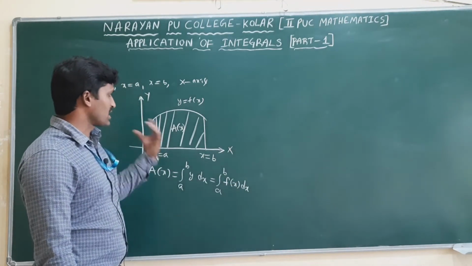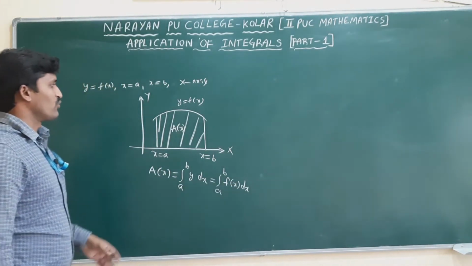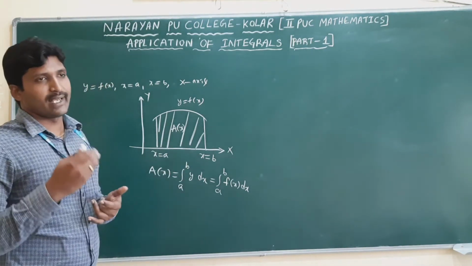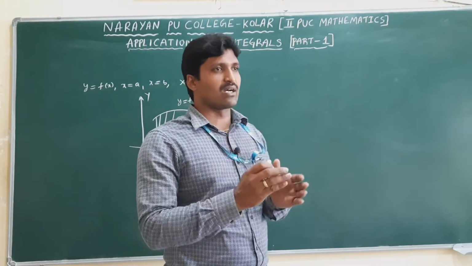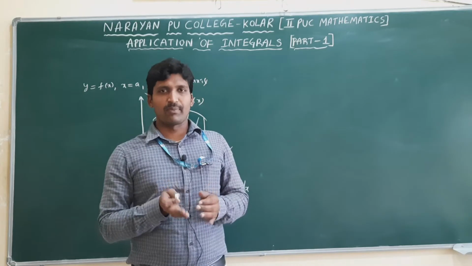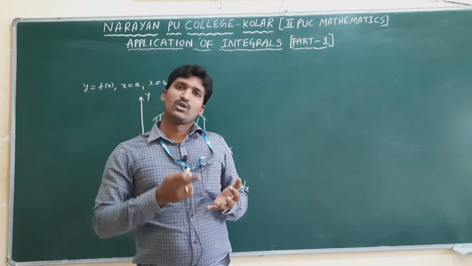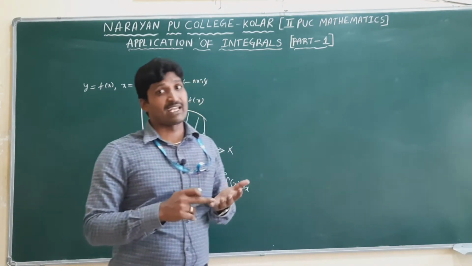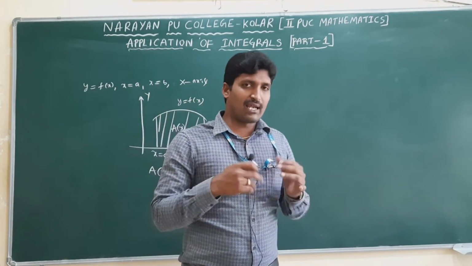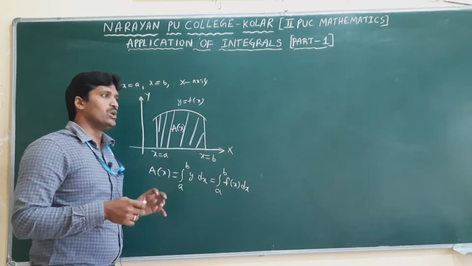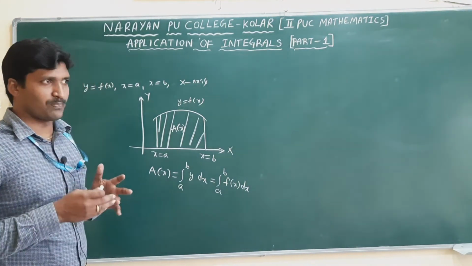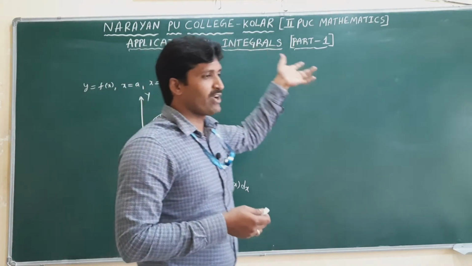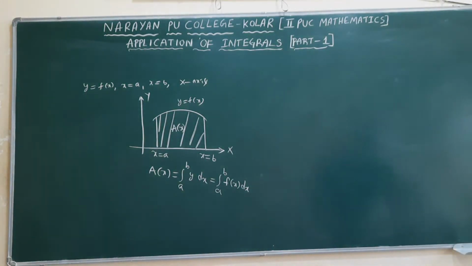This is the best application of integrals, to find the area bounded by the curve and any limitations. Also, we can find the area not only for a single curve, we can take multiple curves also. The area between two curves, that means two parabolas, two ellipses, parabola and ellipse, parabola and circle, area between line and parabola, area between line and circle. Like this, we can find the area between any two curves, whether line, parabola, circle or anything, by using definite integrals. That is the best application of integration.